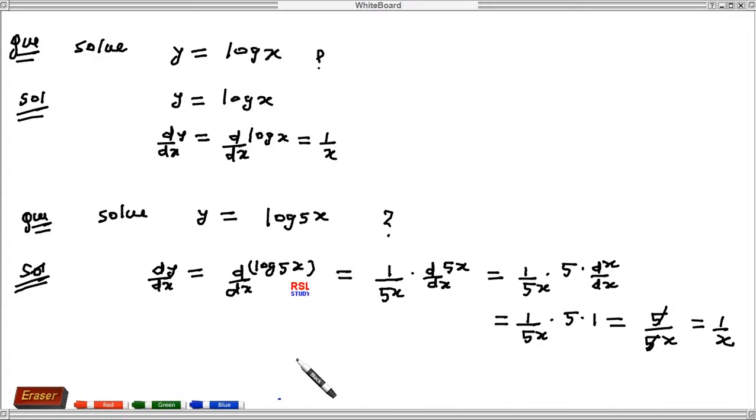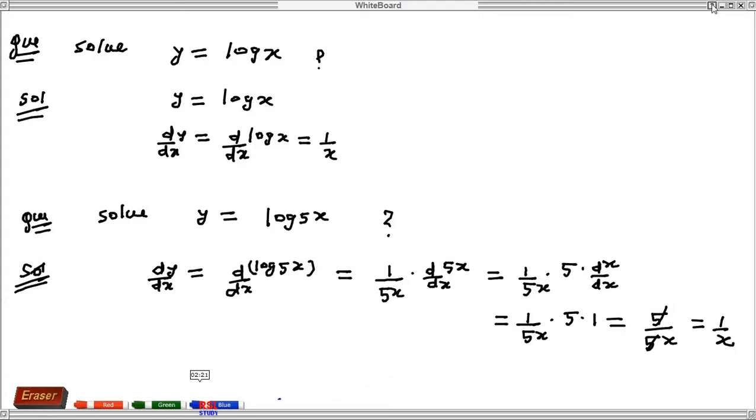So here we are saying that d/dx of log x is 1 by x. Assume this is a capital X, and then we will differentiate this part. So 5 will come out, d/dx of x will be 1, so 5 will cancel, and that will be 1 by x. If you have more practice, you will do such questions in one line, because these are one line questions and nothing else.